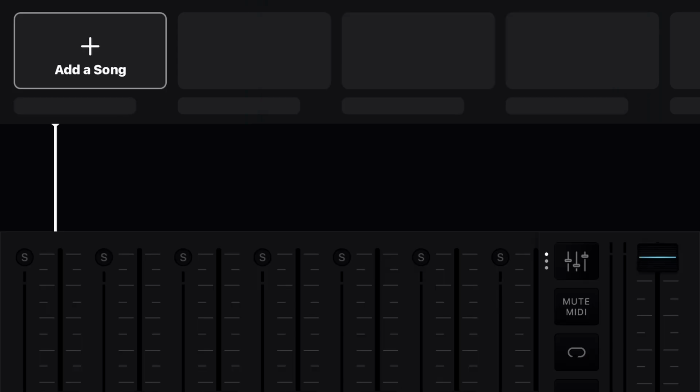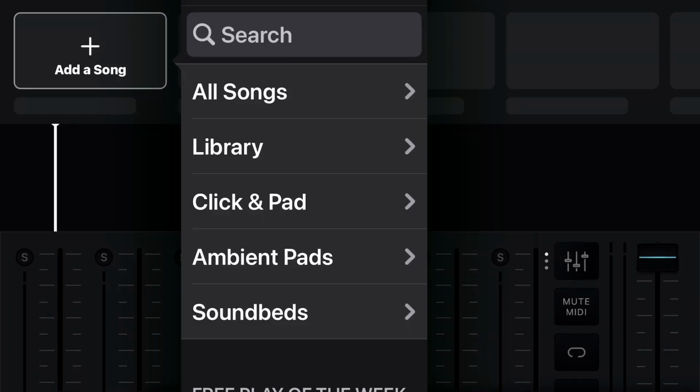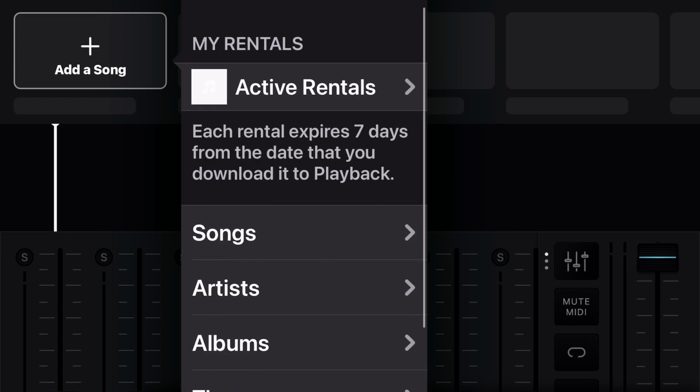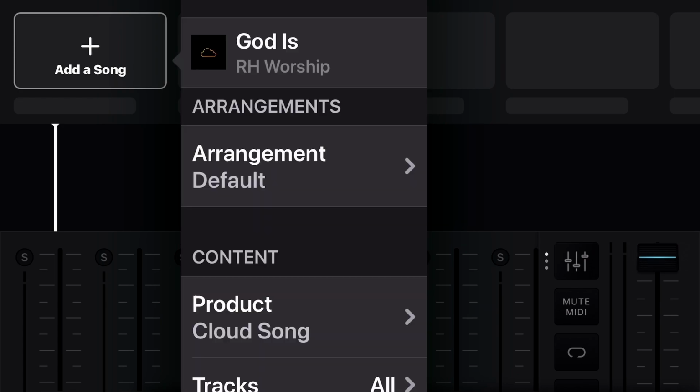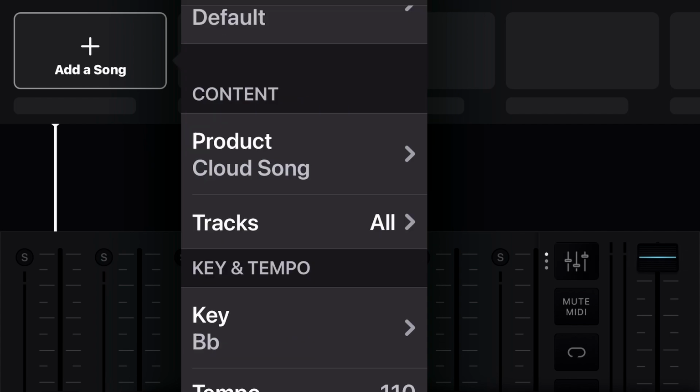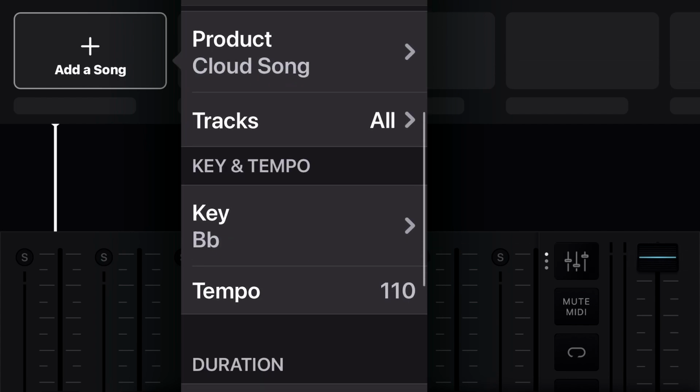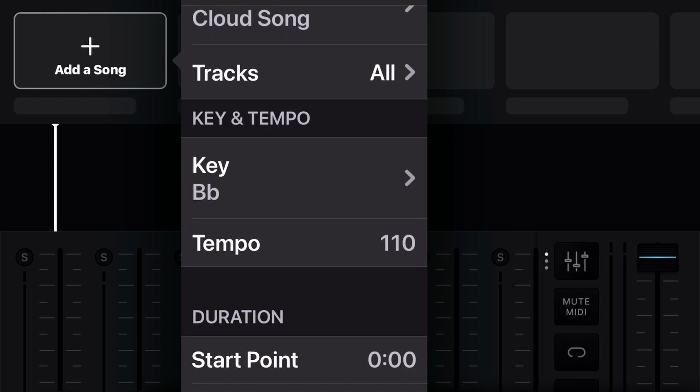Okay, so now we're going to add a song in. Now that we're there, we're going to go to Library, Song. So now we're going to make sure everything looks right. We can decide if we want to only bring in some of the tracks, which in our case, I'm going to do that. We can actually select the key, which is really cool because now that it's in the system,